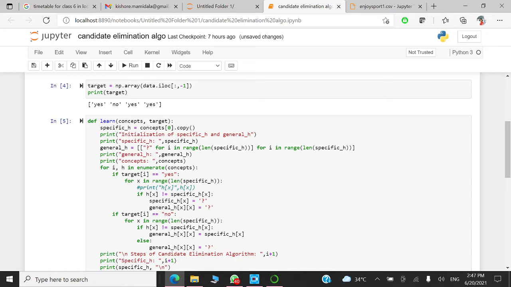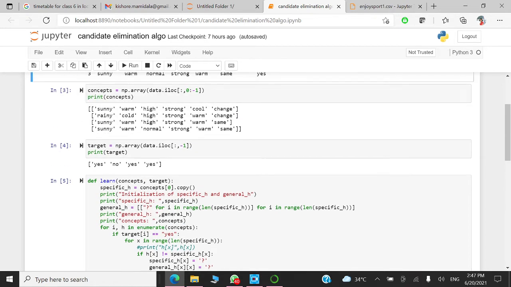So here, whatever the data, we are going to have h of x equal to specific. If it is equal, similar, that means sunny, sunny, same, then we are going to consider the similar object. If there is a difference, then we are going to generalize that. In the second record, if we look at the data, sunny and rainy. The first two positive data are sunny and sunny. Third record: same, warm, warm, same, high, high, same, strong, strong, same, cool, warm.